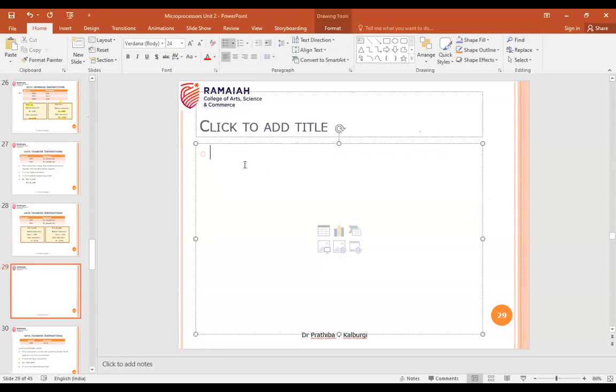So this is my small program. You have the memory address, then the second column for your hex code, the third column for your label, and the fourth column for your instruction, or mnemonic.